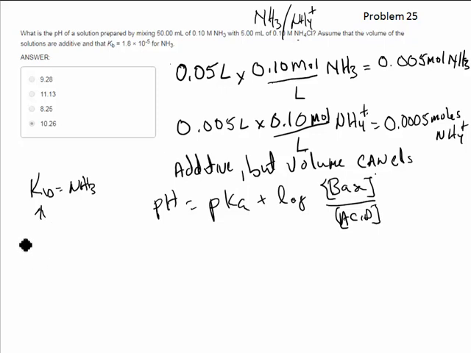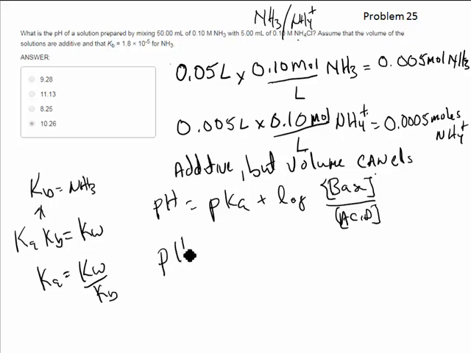So it's going to be this same idea. Ka times Kb has to equal Kw. So to calculate that Ka, it's simply going to be the Kw divided by the Kb. So in this particular case, this pH is going to be given by, do I have it written down here, what it turned out to be? It turned out to be equal to